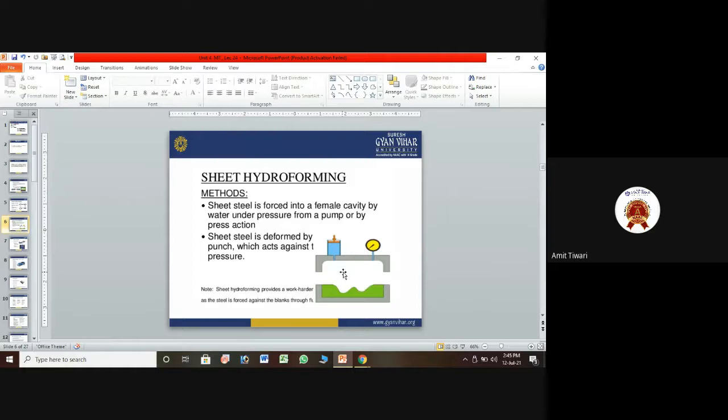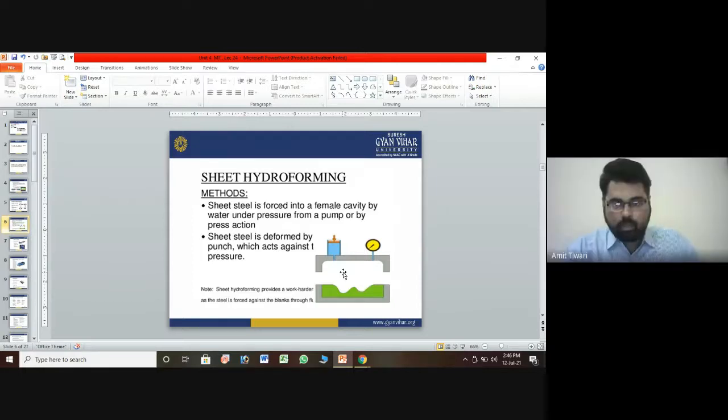So what is the difference between tube hydroforming and sheet hydroforming? Understand that a tube will be designed more easily as compared to sheet, because it has some structure providing for that. Both are used for the same purpose, but the tube is easy to fabricate. It does not require any external agent, as will be used for sheet metal forming.